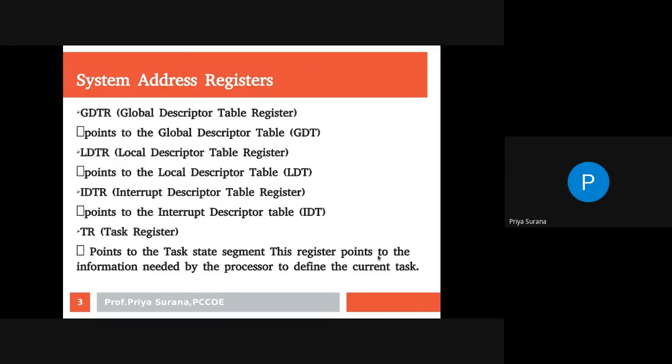This register points to information needed by the processor to define the current task. Again, this register points to information needed by the processor to define the current task. So the task register will point to the current task state segment, that is, whatever task is currently in execution, it will point to that.